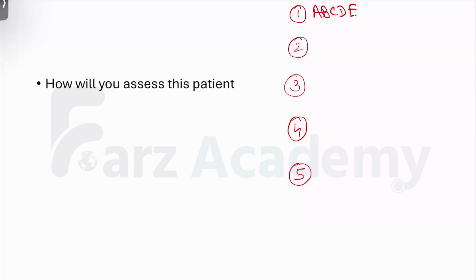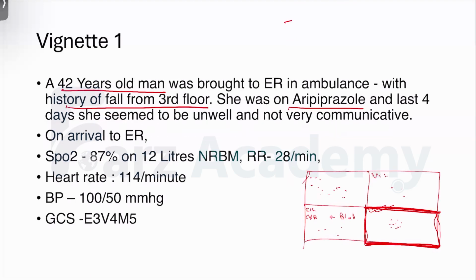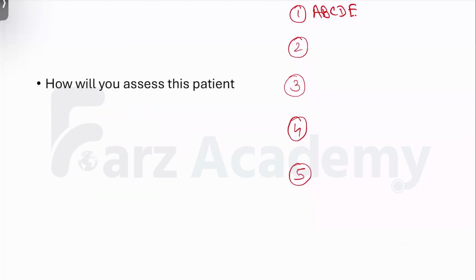Then finally disability, and you shall of course remove the clothing and everything to check for any fractures, any bleeding, any obvious pelvic injuries. And you should also be looking obviously for the GCS, and the back of the neck for any pain. As I mentioned here, the patient has fallen from the third floor. So that part is very important. So this is what you shall be telling in the ABCDE approach.